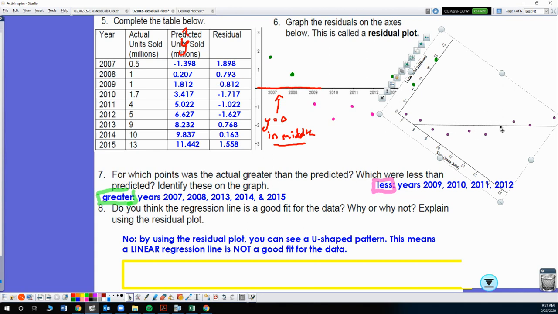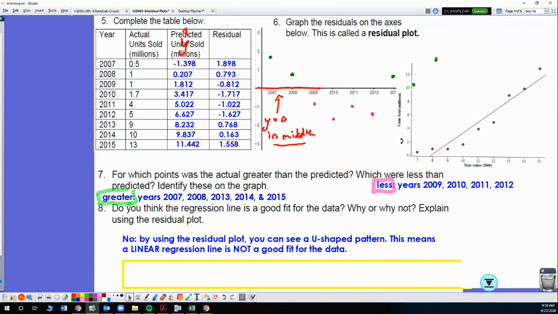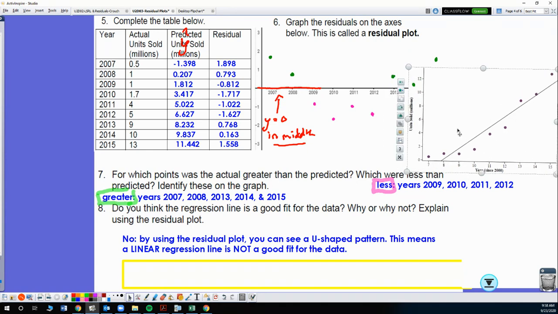That right there, in a sense, is very much what the residual plot is showing us. We have 2007 and 2008 above, 2009, 2010, 2011, 2012 below, and then 2013, 2014, and 2015 above again, right? So the least squares regression line is really communicating exactly what the residual plot is saying and vice versa, okay? Helps us understand that idea of whether our actual is greater than predicted